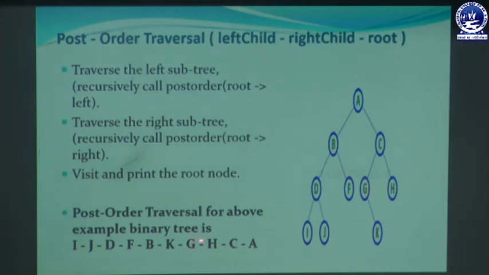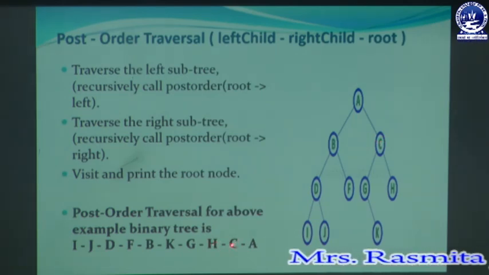So G is visited. Then when G is visited, you can see all the nodes present in the left subtree of the root node C are visited. Then we will go for the right subtree visiting of the root node C. And when we go for the right subtree, there is only one node present, that is H. So after visiting G, we will visit the node H. So node H is visited. After visiting the left subtree and right subtree of the root node C, we will visit the root node C. So after visiting H, we visit the node C.